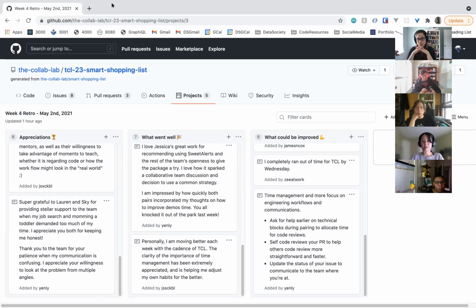Like, and I think this is where we try to give a certain structure and it sounds really rigid, then we as a team need to make sure that we are helping with time management and how we can hit that. And then the other part is when you're working in a team environment, a lot of things is communication that I'm seeing, like when an issue is assigned to you, you own it in terms of communicating where you're at. So spending the time to update the status, like whether it's in progress, whether it needs mentor review, all that stuff. Right now, we're helping you move that status, but in reality, when a JIRA ticket is sent to you,